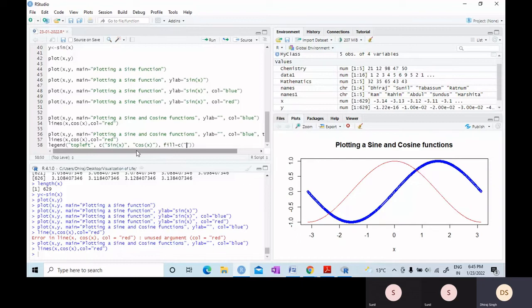That's why I have to write blue in the first position and red in the second position. And I have to run all these three lines. See,